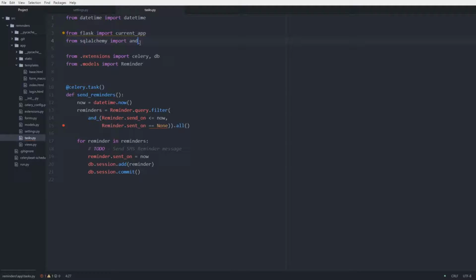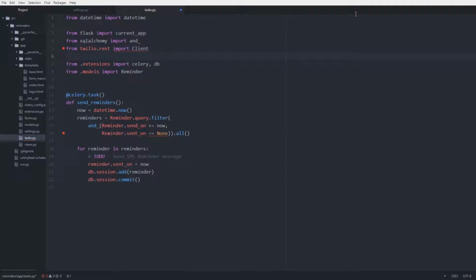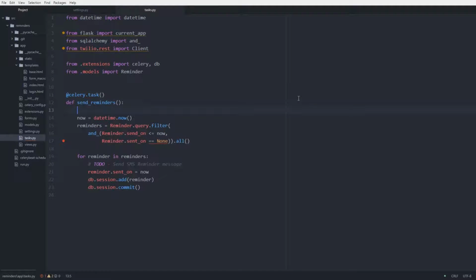So we need to import Twilio. So let's go up here and we'll go from twilio.rest import Client, and Client is a class, so you'll notice it's capitalized. And down within our send reminders function, we need to create a client when the task is called. So we'll go client is equal to Client, and then the Client class is going to take two